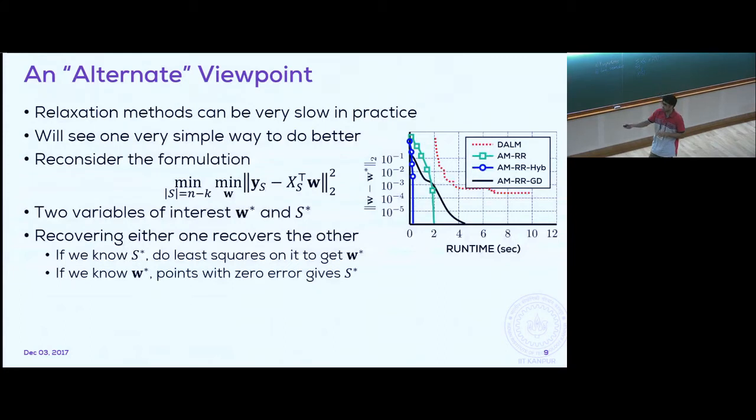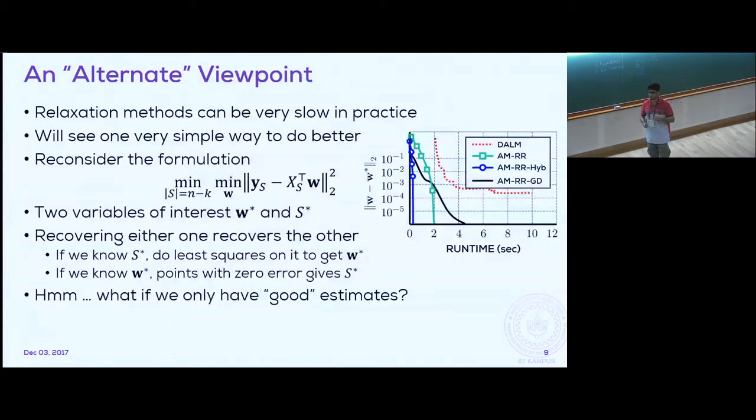On the other hand, if I know the model, then I can just find out which points have zero error, zero residual error, and it'll spit out S star. It seems that at least at the optimum, there's a bistability. You give me one, I get the other almost for free. So the question we want to ask is